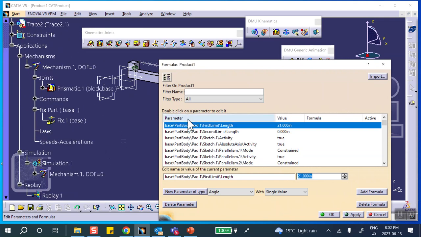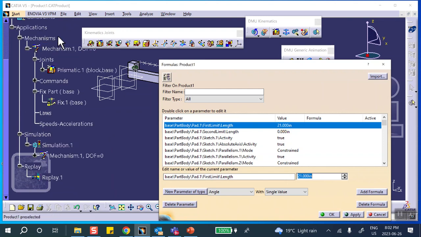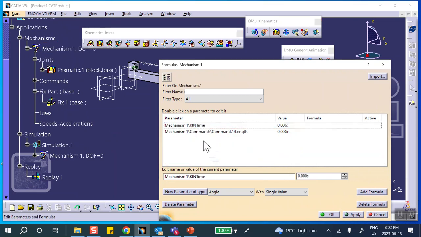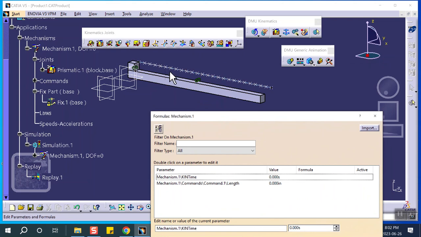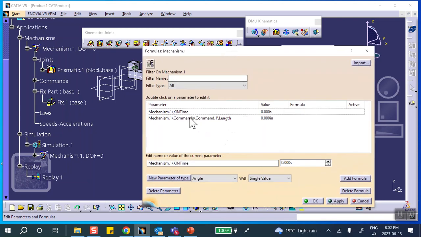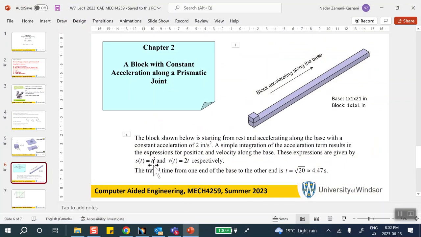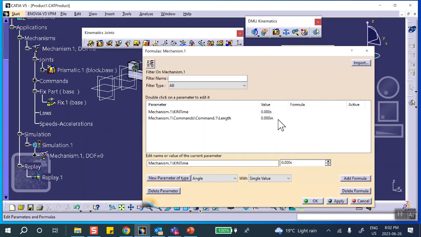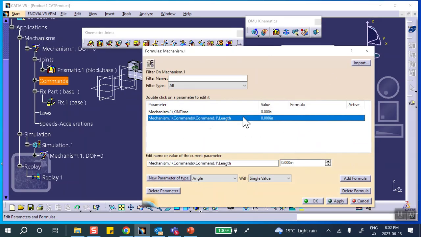Now this gives you everything that you have in your model. I don't want everything. I just want information about my mechanism. So you put the cursor on this mechanism, and there's only two things with this mechanism. One is the variable time, and the other one is the location. You see that? You made it angle driven, remember that? Location along this length. And let me remind you, location is t squared, time squared. So that's the thing that I want to put in there. I'm going to say this guy, see that? I select this,